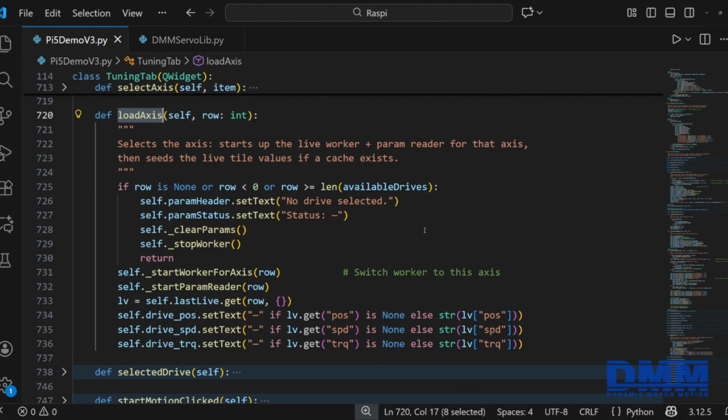Our load axis function runs whenever the user clicks on a different drive in the list. It updates which axis is active, starts or reuses a worker for that axis, kicks off a fresh parameter read, and then restores the last known live values from the cache. That's what makes it feel seamless when you switch from drive to drive while still seeing the live